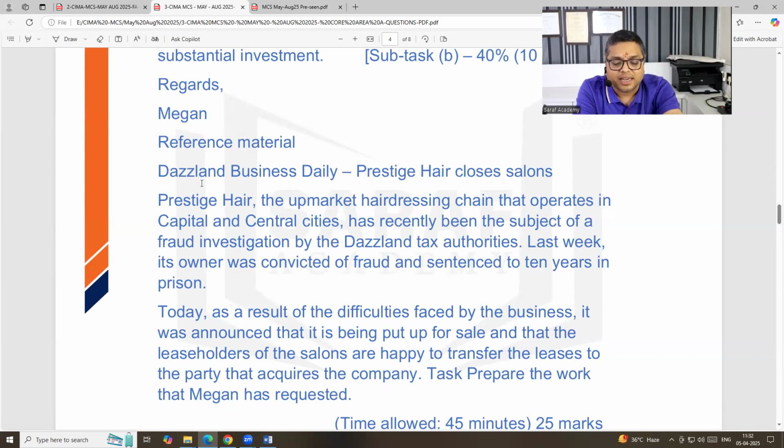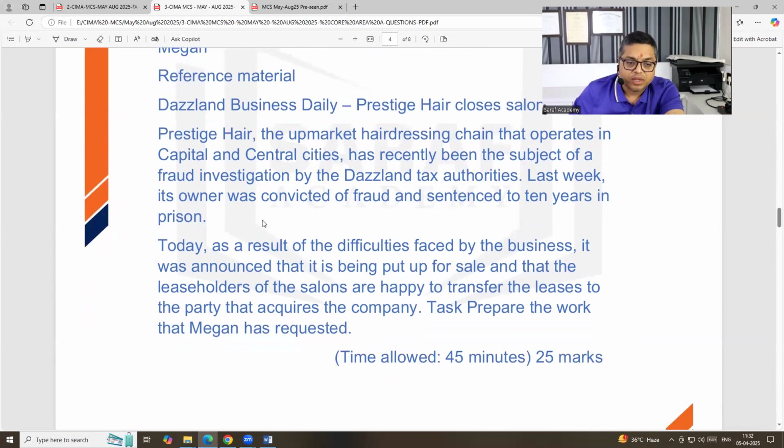Why are they selling? Because of the fraud. Daj Land tax authorities identified a fraud. Last week, its owner was convicted of fraud and sentenced to 10 years in prison. So why is Prestige Hair closing their salons? Because of this. Today, as a result of the difficulties faced by the business, it was announced that it is